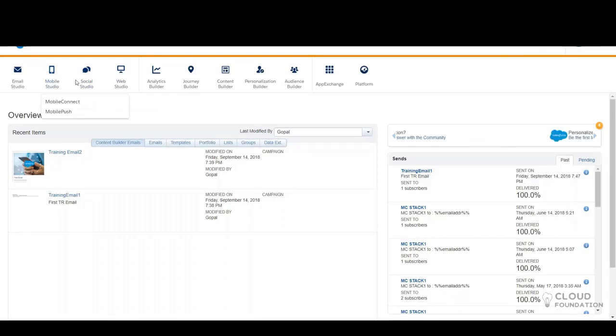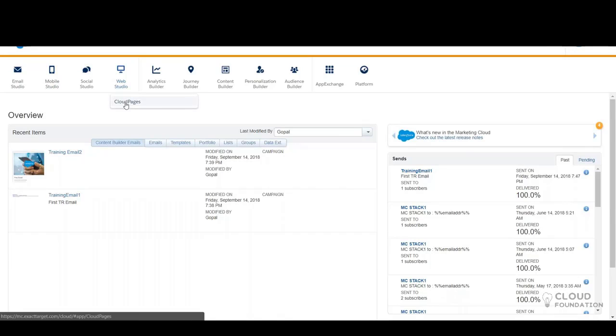These are all channels. And as I said, in the Mobile Studio, we have two parts. One is Mobile Connect and one is Mobile Push. Then we have Web Studio, wherein we can build pages, kind of websites. You can think of websites or forms. And then coming to platforms, you can see this is Journey Builder.